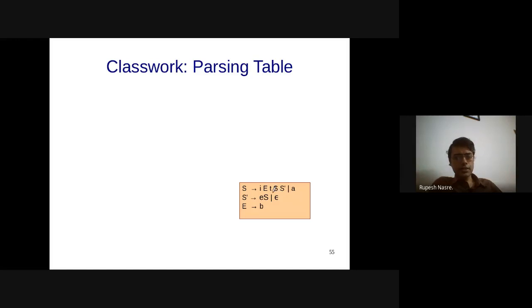Follow of S should contain first of S prime, and follow of S from here also should contain follow of S prime. So we'll have to check follow of S prime also later. But here first of S prime contains E and dollar that we have computed, and therefore follow of S should definitely contain E. Follow set does not contain epsilon, and that dollar is anyway going to be here because that is going to be the starting symbol.